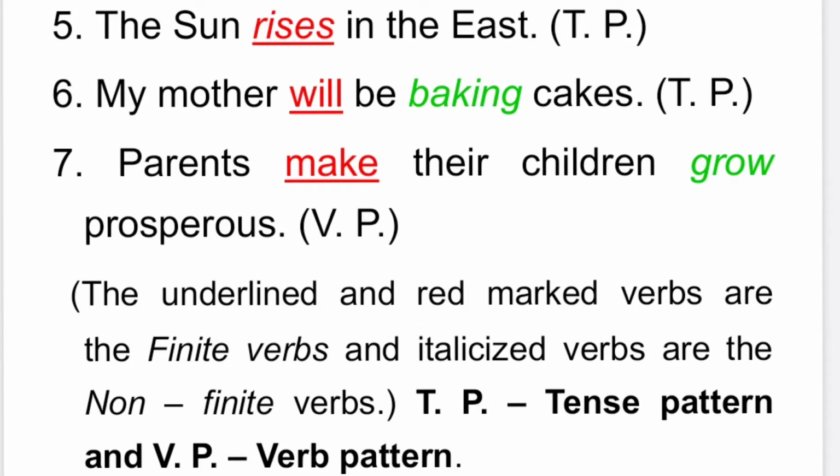And I hope you must have got a little bit clear idea about verb pattern and tense pattern. What basically I want to say is, if there is no auxiliary verb, then the corresponding tense form verb is what, verb pattern. Auxiliary and corresponding tense form indicates tense pattern, but if two principal verbs, two main verbs are there in different form, that is verb pattern.